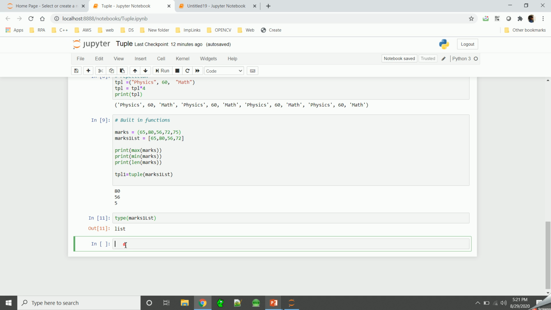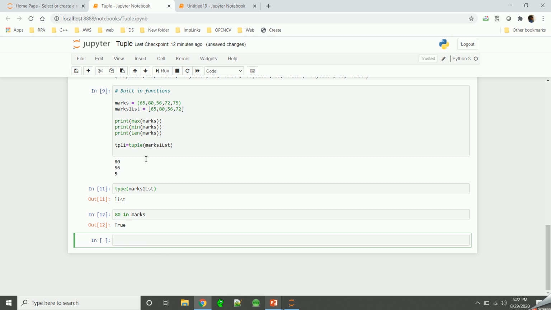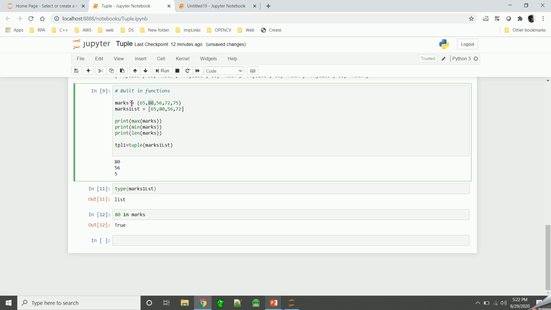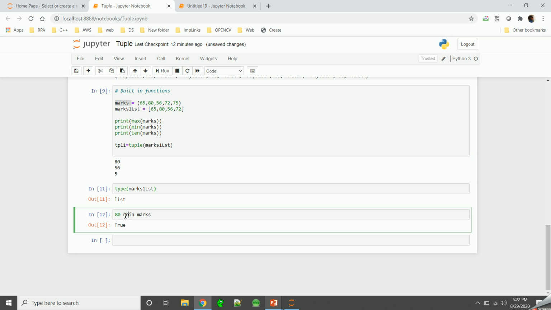When I say 80 in marks, it will perform the check of whether this 80 is present or not, and give either true or false. Let's run it. It's giving true, because 80 is present in this tuple. Similarly, you can check not in. In this case it should give me false, because we are checking not in, but it is there.